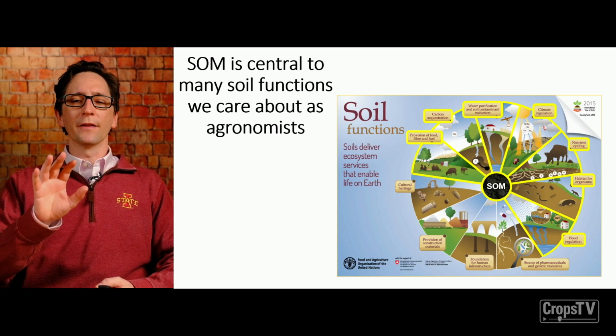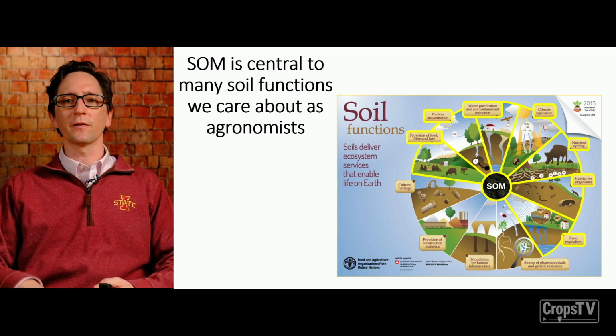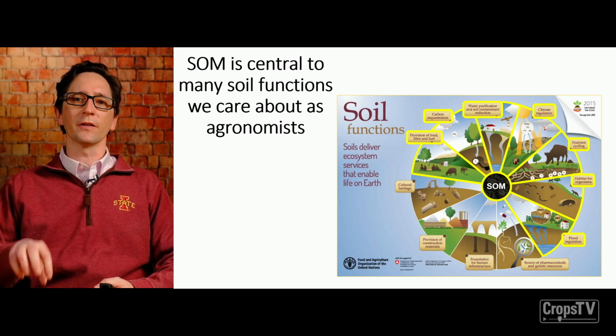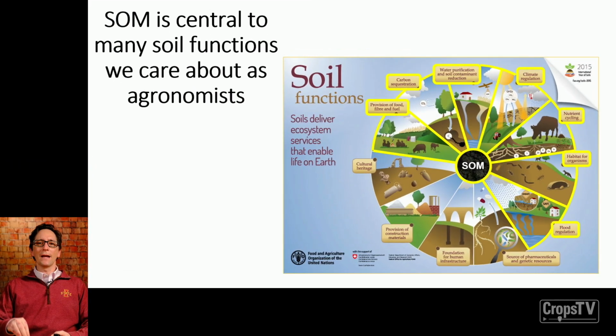So this diagram here, this pinwheel of soil functions that are soil ecosystem services, are all centered around soil organic matter, which is why I put it in the hub there in the center. So the main purpose of agronomy, at least in the past, has been provisioning of food, fiber, and fuel. And now we're starting to think about some of these other functions or soil ecosystem services: carbon sequestration, water purification, climate regulation, nutrient cycling, which actually feeds back into the provisioning of food, fiber, and fuel,